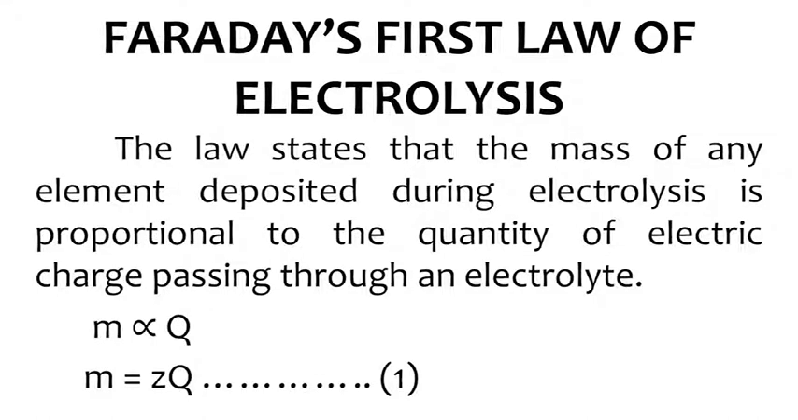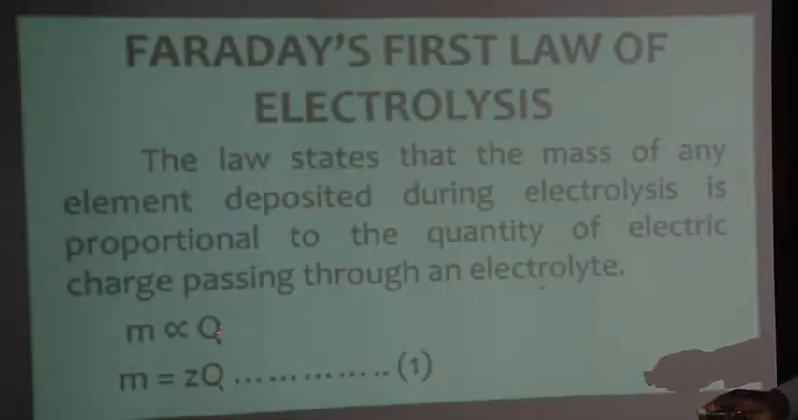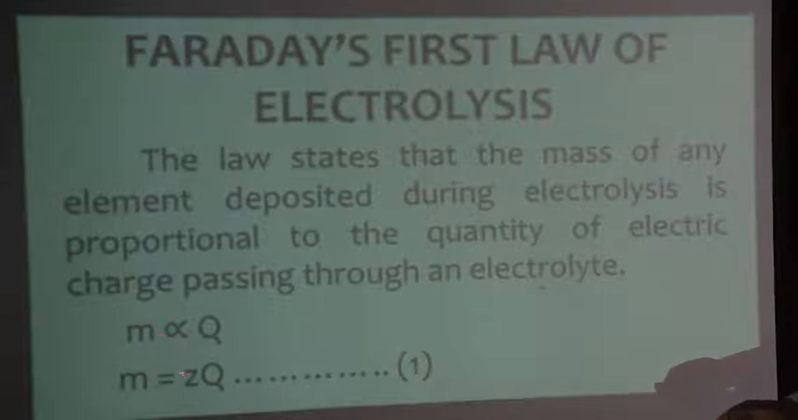The law states that the mass of any element deposited during electrolysis is proportional to the quantity of electric charge passing through an electrolyte. So mathematically, we have small letter m directly proportional to capital letter Q. Now, if we remove the sign of proportionality, we will introduce a constant. And therefore, we have small m equals small z times capital Q. And we call it equation 1,